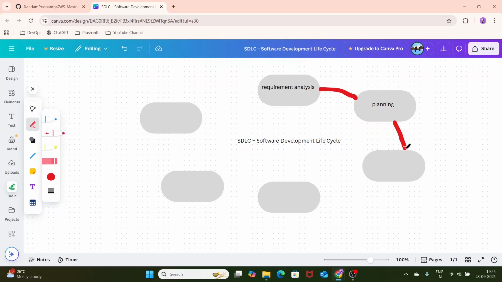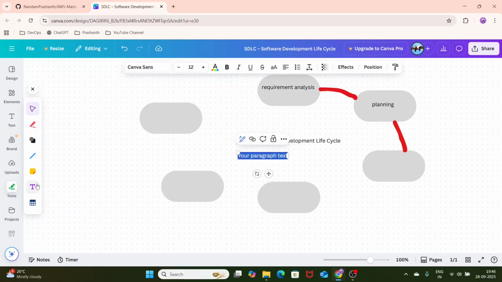And after completing the planning, we will be moving to design. Okay,